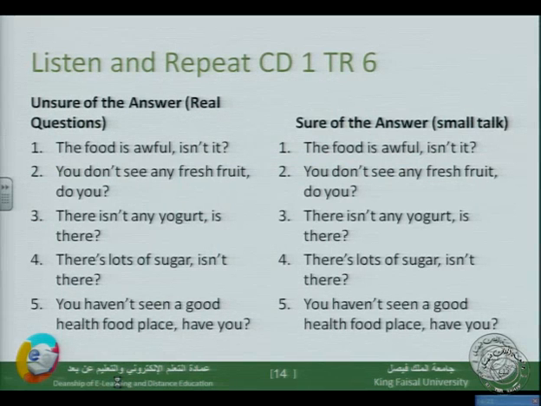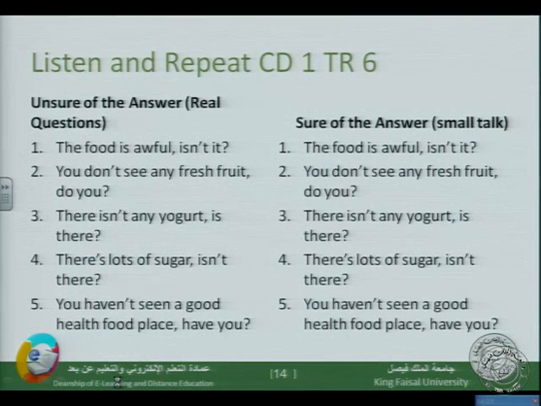Let us now listen and repeat right here. The Sound of It, page 11. Understanding intonation in tag questions. We often begin a conversation with a sentence that includes a tag. Okay. Any fresh fruit anywhere, do you? No. There isn't any non-fat yogurt either, is there? Of course not. And repeat.